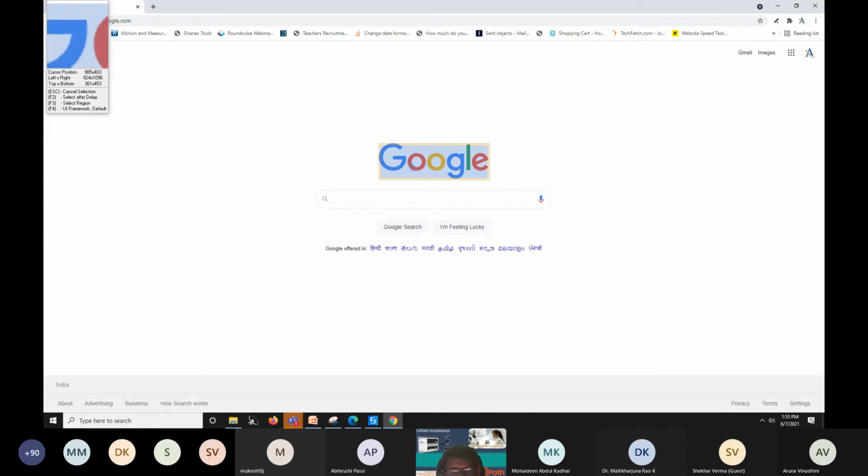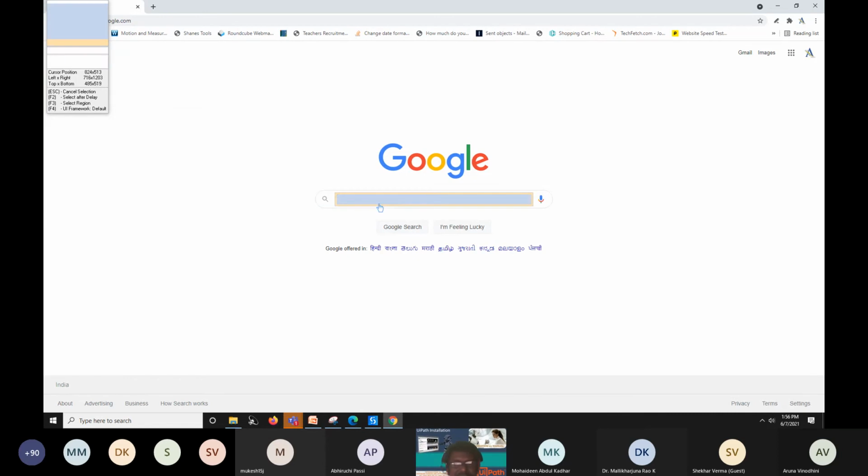Say for example, I am able to select this element. Don't click that. Just check whether you are able to select each and every element. See, Google search, this is a button. I'm feeling lucky, this is also a button. This is a search box, so this is also an element. This is another element. Hindi is there, all the languages are there. So everything is an element, right? If you have successfully installed the web browser automation, then only you can see all these elements.